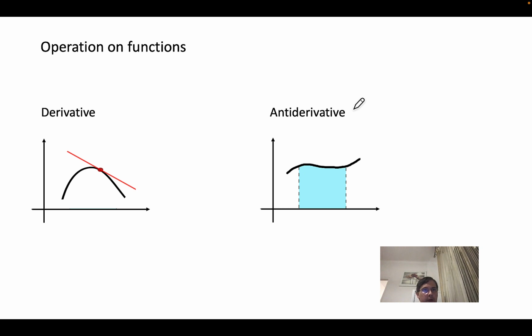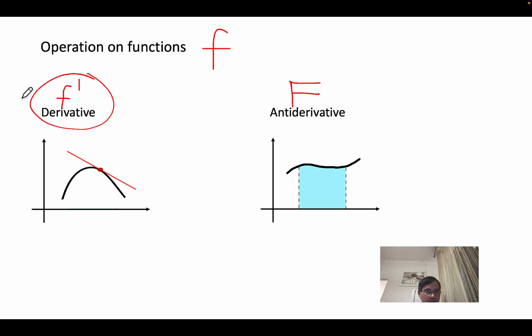So just to repeat, in calculus, that's a simplification in many ways, but in calculus we study functions, and given a function f, I can compute the derivative of this function, f prime, or I can find an antiderivative of this function f. This is essentially calculus 1, and this is essentially calculus 2. So this is what we'll be studying in this semester. So in calc 2,